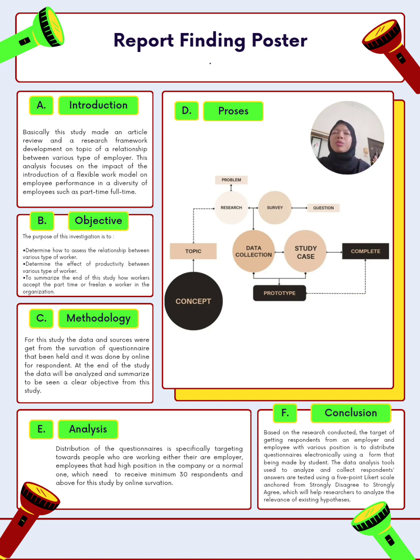Where does the problem start to rise, and how do we manage it? Then we can see here that after we do research, such as the article review that has been made. So for this assignment, the article review that I've made is from the Journal of Business Research, November 2019. From this research, the organization states that the field of organization behavior and human resources